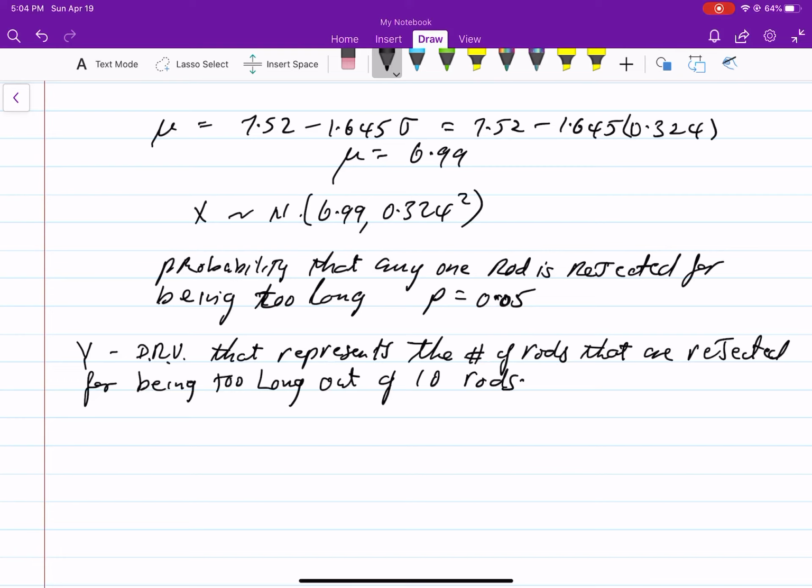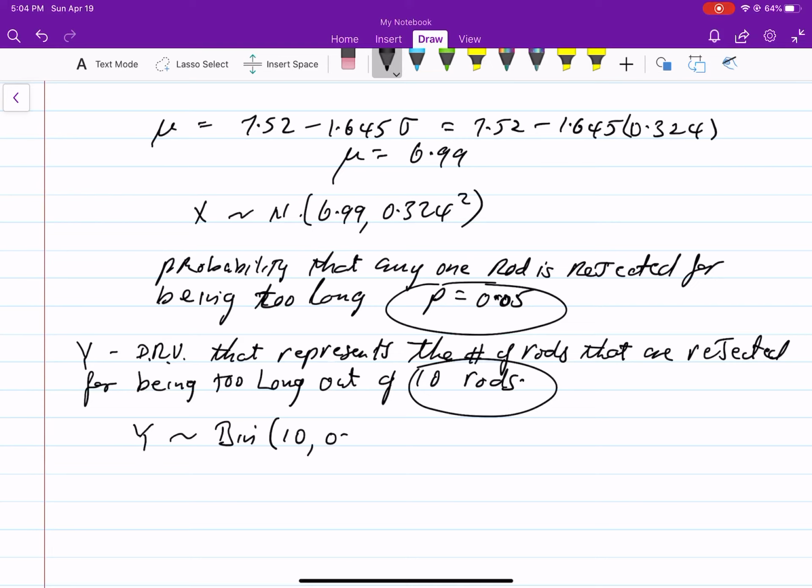We know the probability of any one rod being rejected for being too long, and we know the number of rods we're dealing with. So therefore, y must be binomial with parameters 10 and 0.05,